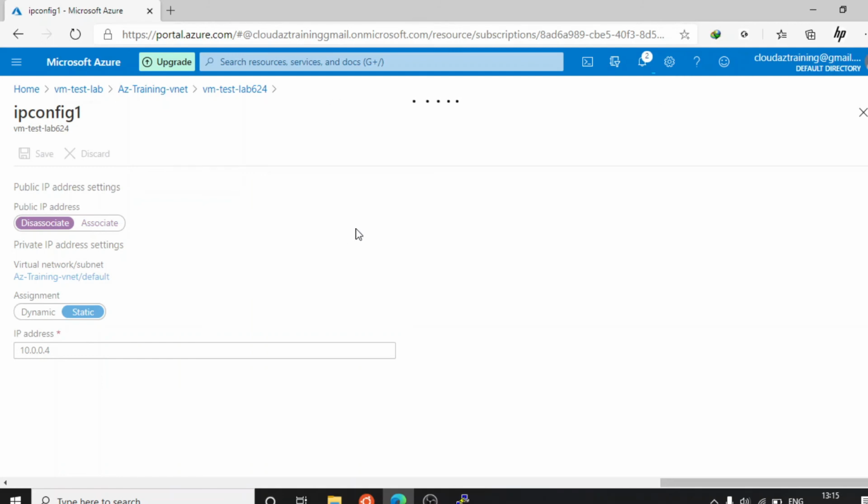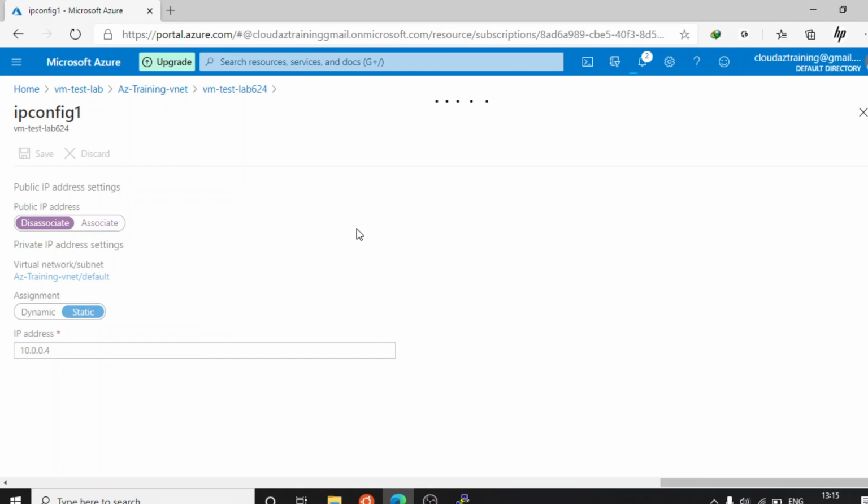Okay, and one more thing I want to tell you: you can change the private IP also here. Sometimes when we are facing some issue, or one network is already defined, in that condition we sometimes change the private IP also.